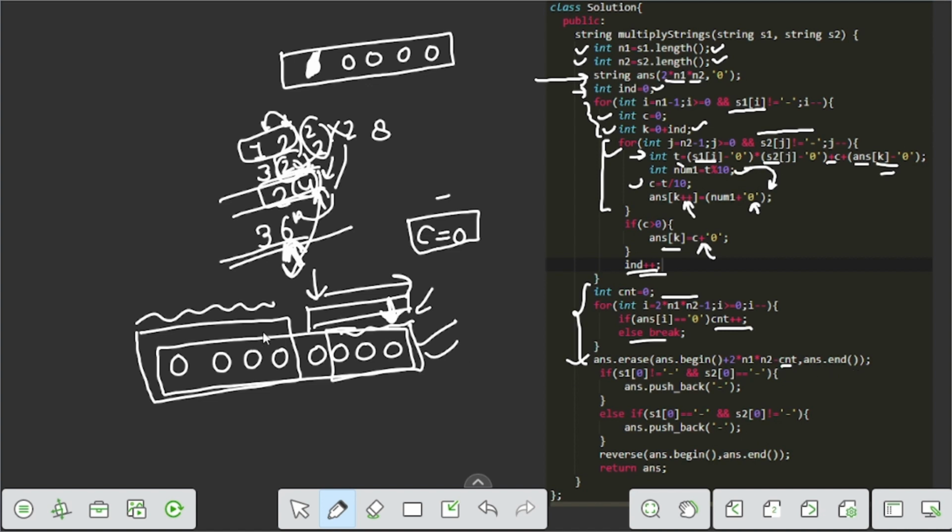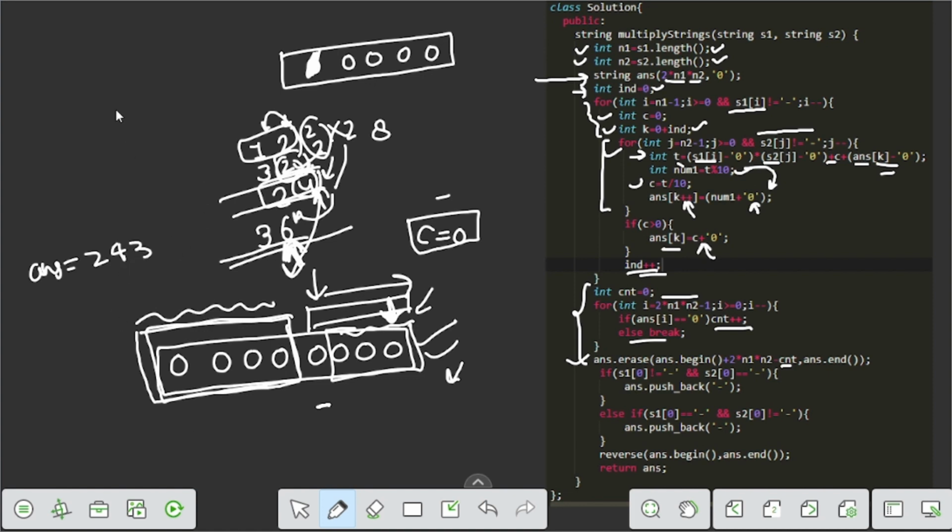So after removing 0, the string looks like this. We also add a condition: if one is negative and the other is positive, then we push back a negative character, such that the answer becomes 2 4 3.